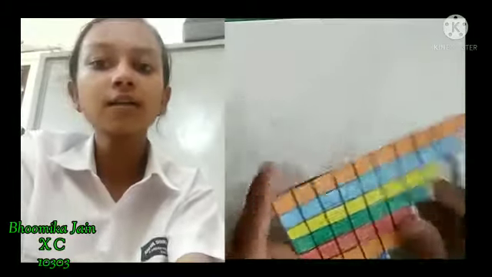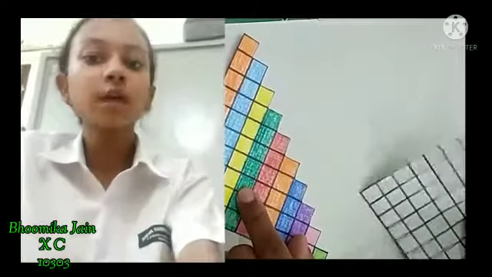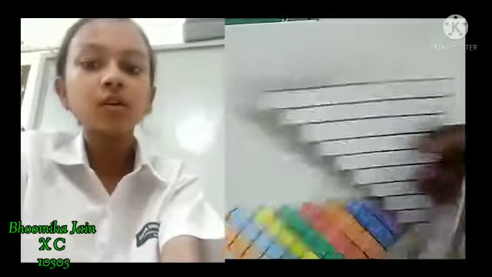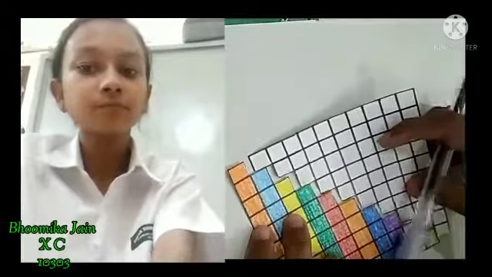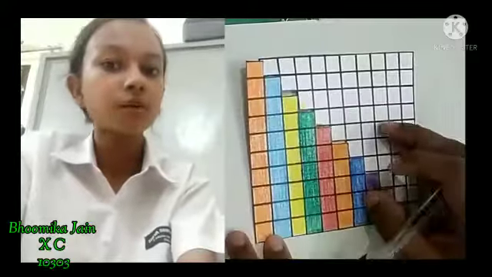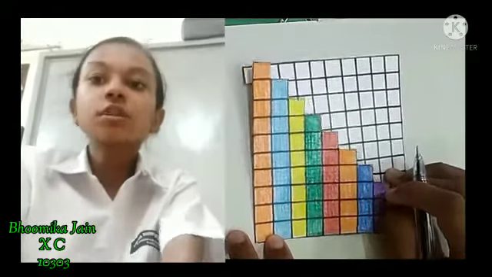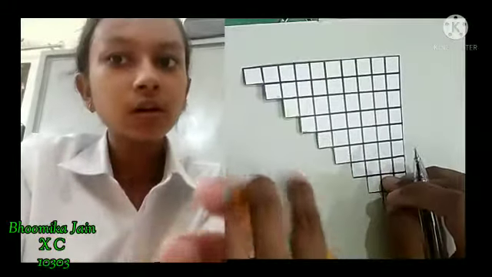So if we want to find the area of the colored portion, we can take half the area of this rectangle, because they both are of the same size. So this is what we are going to do.